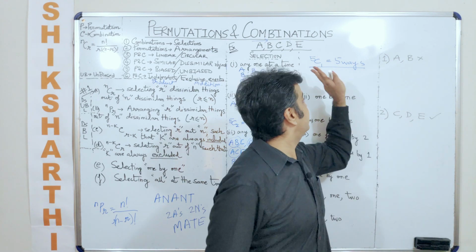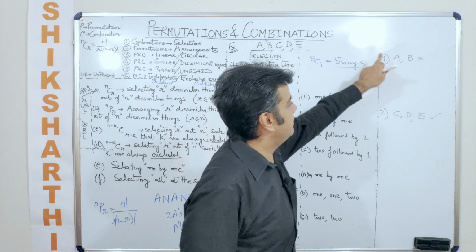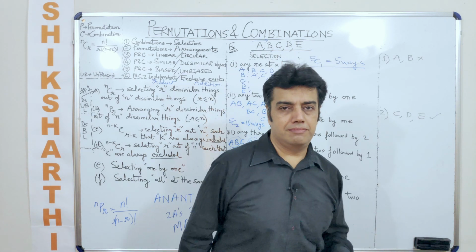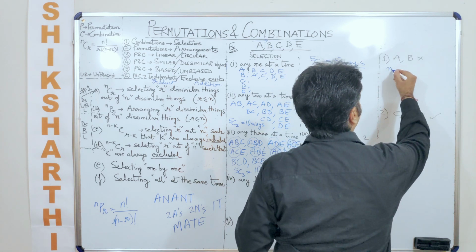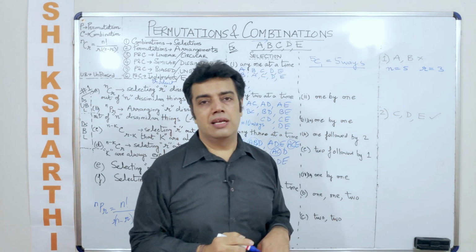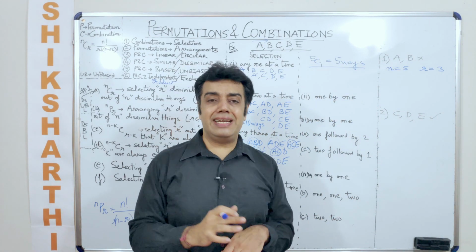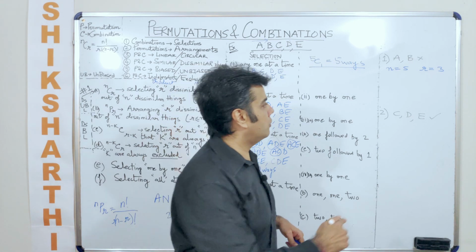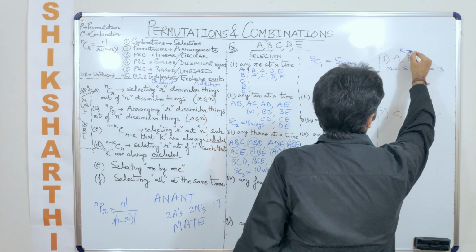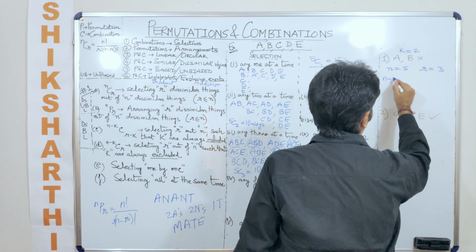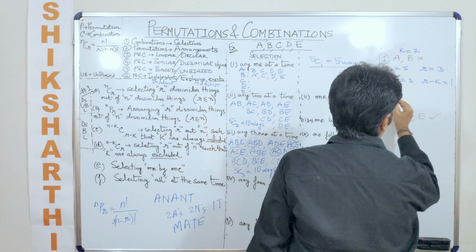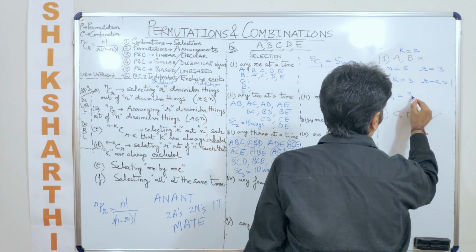Now, taking this discussion forward, there is a formula that we had discussed. If I say from these 5 letters, I have to select any 3 of them, let us say the value of n here is 5 and the value of r here is 3. You have to select any 3, but the condition here is such that A and B should never be selected. So once you are able to gauge the value of n and r, we know that the value of k here is 2. So how much is the value of n minus k? It becomes 3. And how much is the value of r minus k? In that case, it becomes 1. So now the selection has to be 3C1, which is 3 ways.